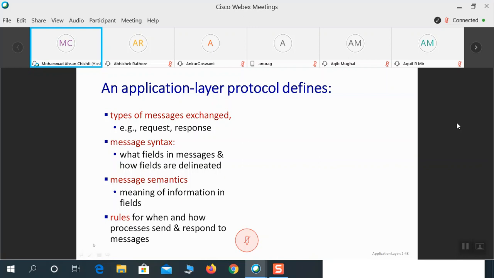What would be the syntax within that request and response fields? What would be the semantics, that is the meaning of the information within these? And also, the application layer protocol would define the rules of when and how to process and send response messages.